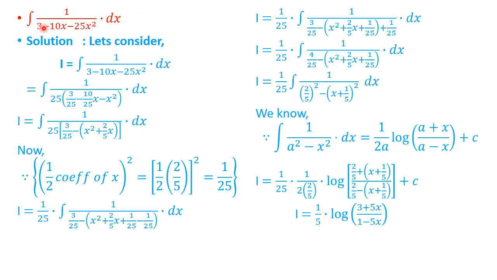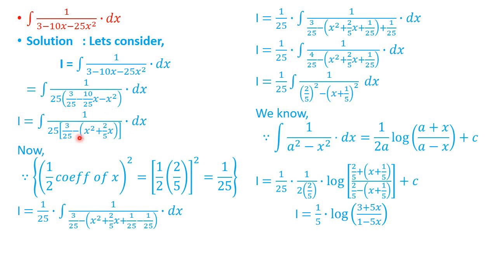Now come to the next example. Here the second example is chosen as x square has a negative coefficient. See this very clearly, it is not positive. But we are going to take only 25, that is the coefficient, as a common term outside the bracket. So as usual, divide the remaining terms by 25. So 25 in bracket, 3 by 25 minus 10 by 25, and here 25 gets cancelled, and we have only x square.